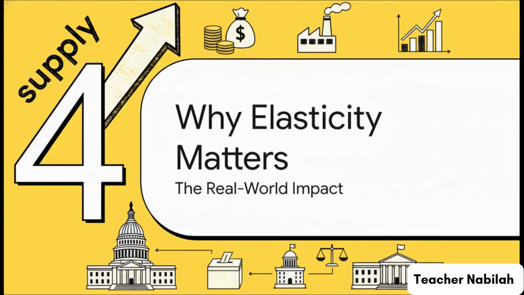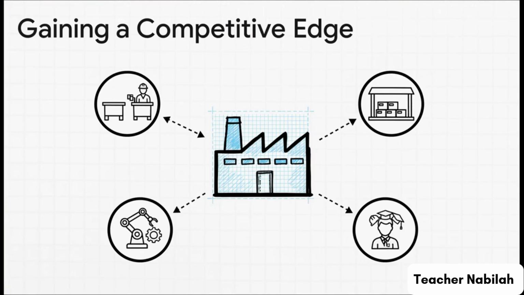Okay, so this is all really interesting theory, but why should you actually care? Well, this is where it gets real, because understanding PES has massive real-world consequences, not just for businesses, but for entire governments. If you're running a business, being flexible is like a superpower. It's a huge competitive edge. And the smartest companies, they don't just hope for it. They build it in. They'll keep some factory space free on purpose, they'll hold on to extra inventory, they'll invest in new tech, and they'll train their employees to do multiple jobs so they can pivot on a dime.